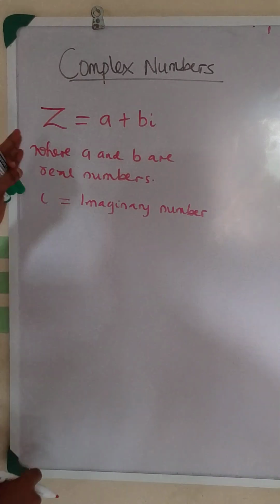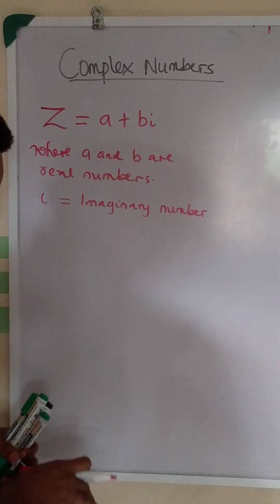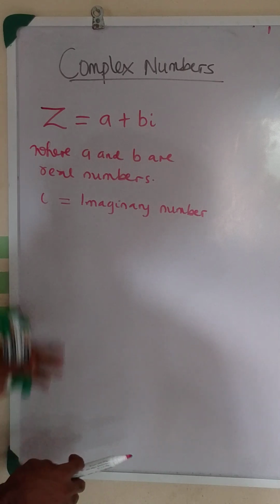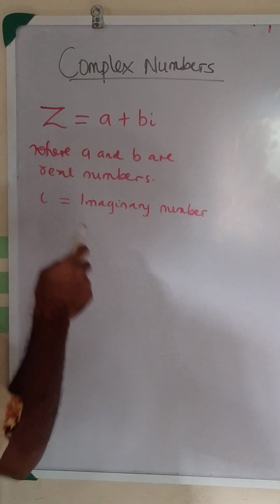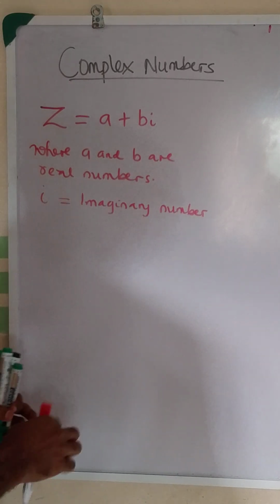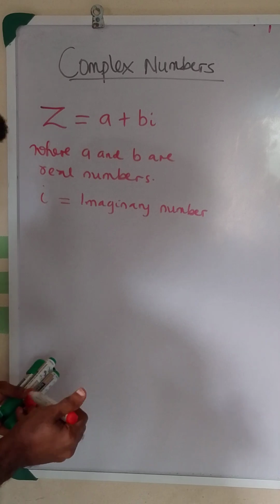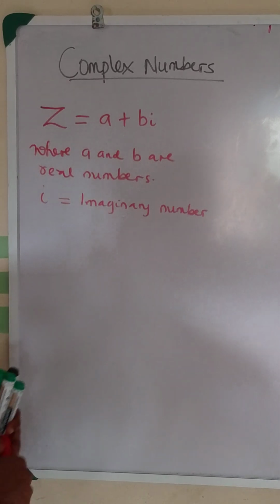So a complex number is represented in this form, a plus bi. The i is the complex number, a and b are the real numbers, while the i, or the complex i, is the imaginary number. So for instance,